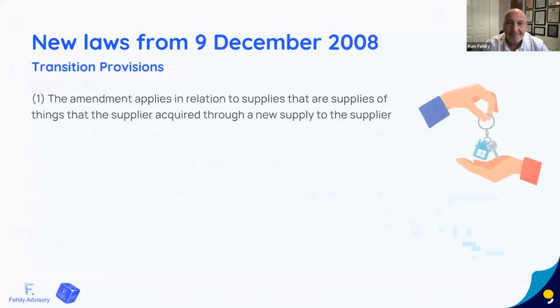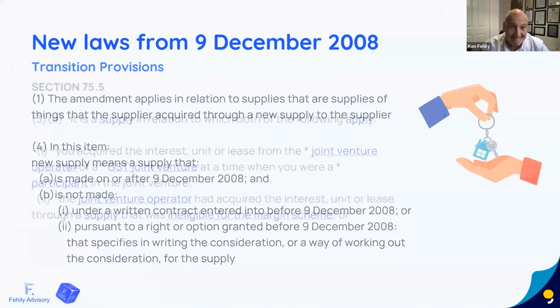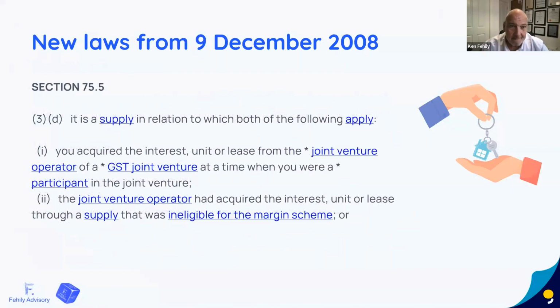Now, in December 2008, the government got the guts and decided to do a whole bunch of other changes. Now, it introduced Section 75.5.3, which started to talk about,